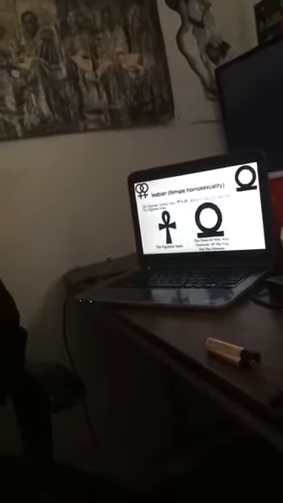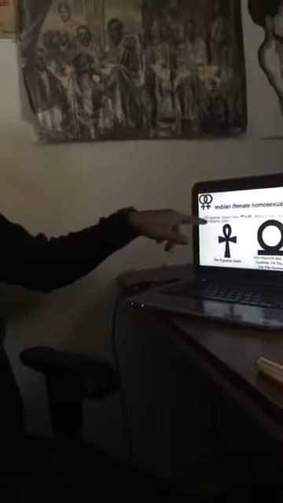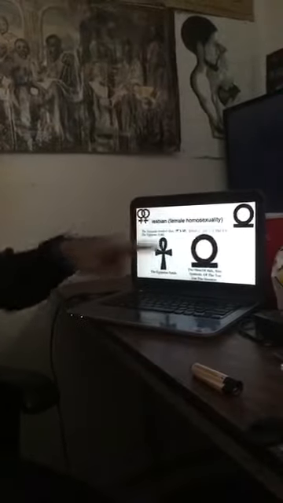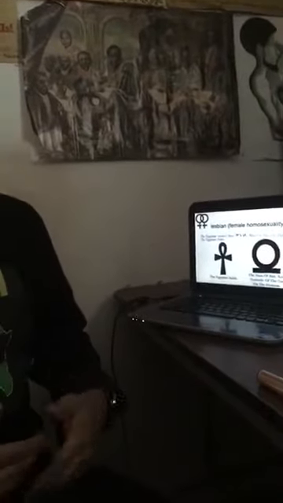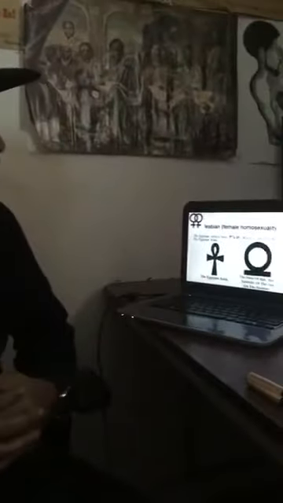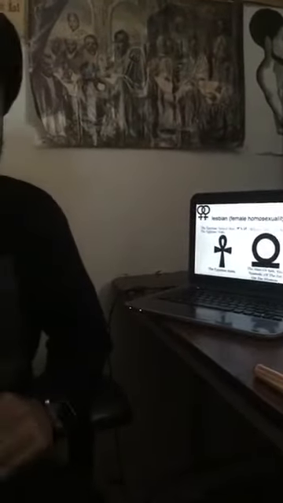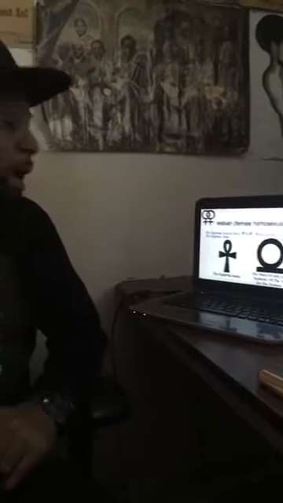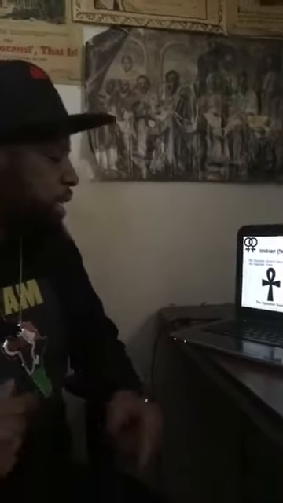Let's go to this. Of course, we see the ancient Egyptian symbol Shin, which is the top half of the Egyptian Ankh. This is the Shin right here. So we recognize this Shin. Have we seen this Shin before? Or where have we seen this Shin before? Of course, it's been distorted. It's been taken from us. It's been hijacked. Our ancient ancestors created these symbols for a purpose, and of course, we don't go back and study. So Europeans can always come back and get these symbols and distort them.